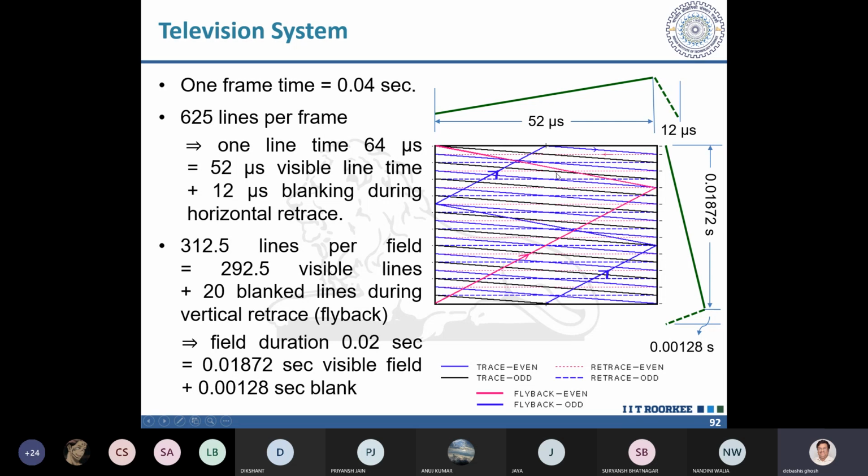That is why it is required that if it comes to 0.5, then it will go back here, and the next field scanning will be exactly in between the lines of the previous field. This is called interlacing, the interlacing of the scan lines. That's why we call them interlaced fields. The fields are interlaced. So this is how things work. This is just a basic idea about the workings.